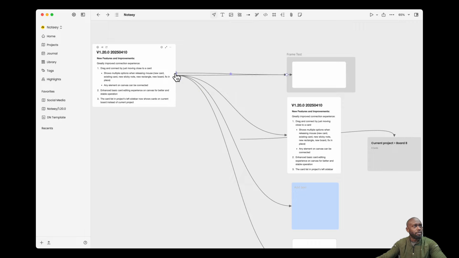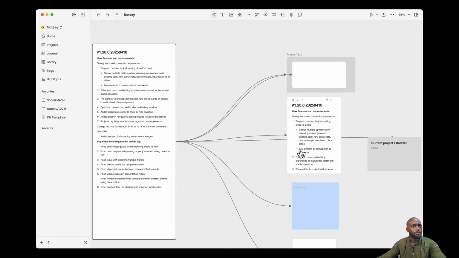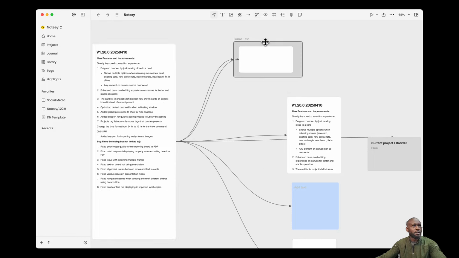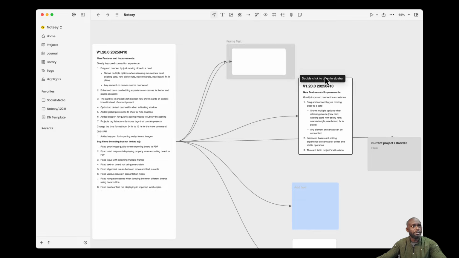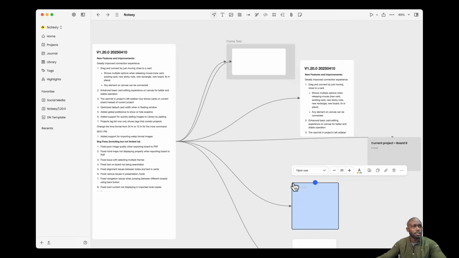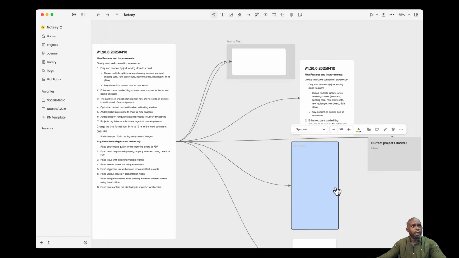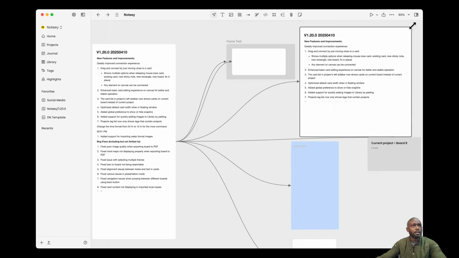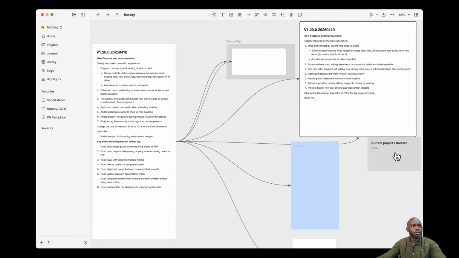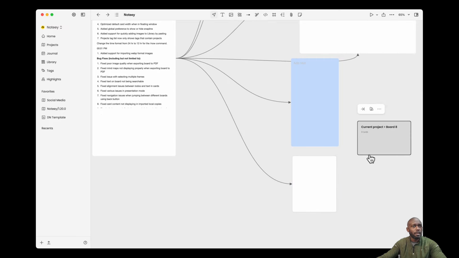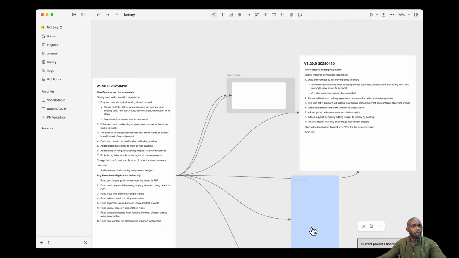So I think we have another bug there, something I need to look at. There's a default height setting that's getting triggered here for these cards. It'll be interesting to see if I do this with a sticky note, because I haven't seen it for any of the other objects like sticky notes. If I do a sticky note here and make that longer, let's do this one to be a lot bigger over there as well, and make that one bigger so that all of these are somewhat tall,